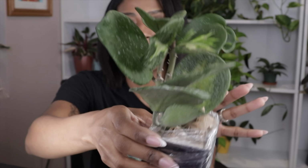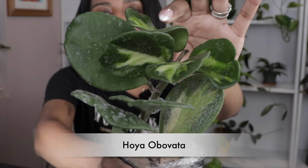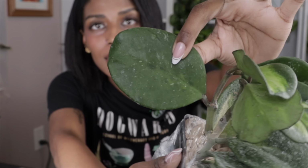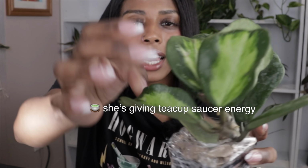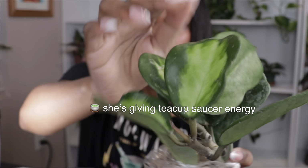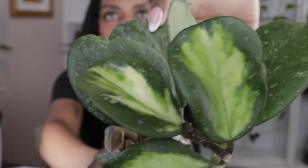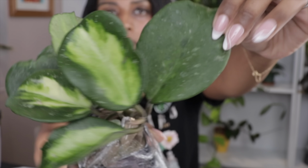Okay, here is the Hoya I ordered. This is the Hoya Obovata, something like that. And it has these giant leaves that look like, I don't know, what does this look like? Like a pancake? I don't know. Let me see if I can put this closer. There we go. Some of them are variegated like this on the inner corner, and then some of them are